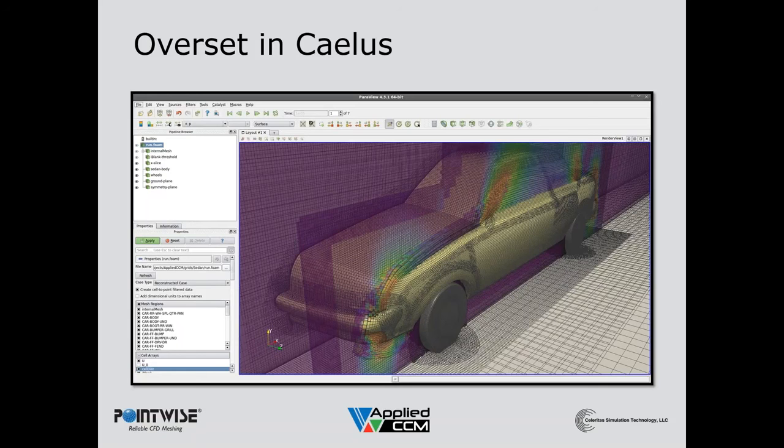So when I took a cut through the mesh, we don't see any of the cells inside the car body, and we see some of the flow solution on the overset. I'm just going to show you a couple more to talk a bit about some of that as well. So go to the next slide, Travis.